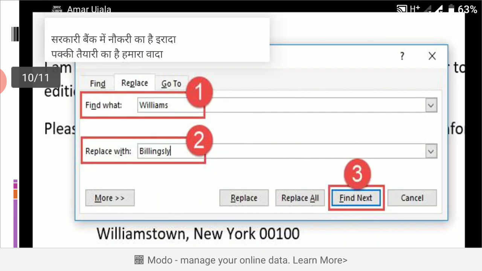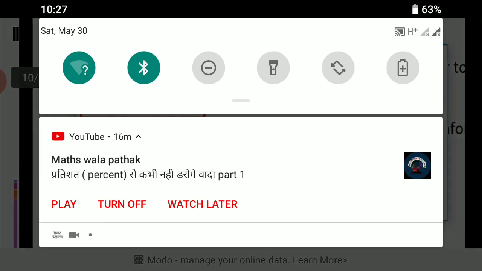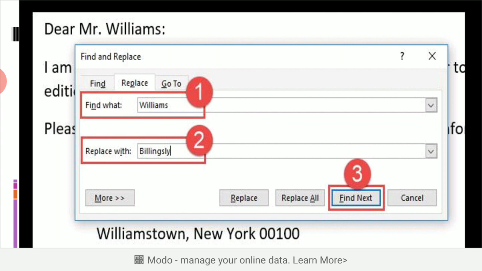Here you can see Find what and Replace with. Replace or ignore the matching word until a dialog box appears informing you that the search is completed. In the end you can click on OK.